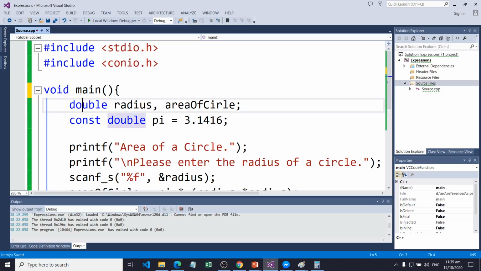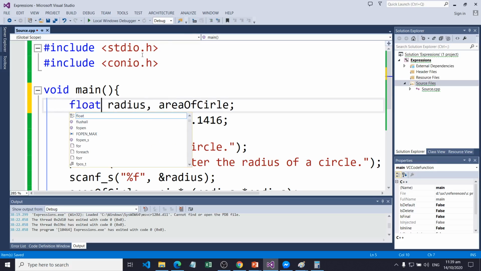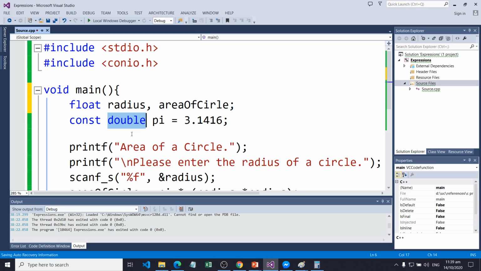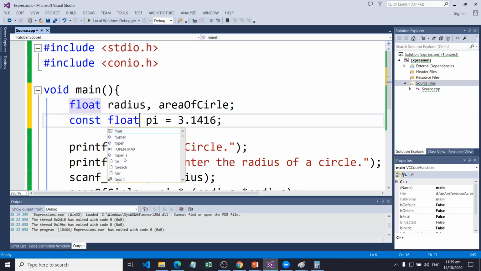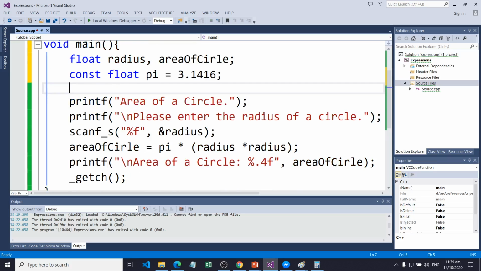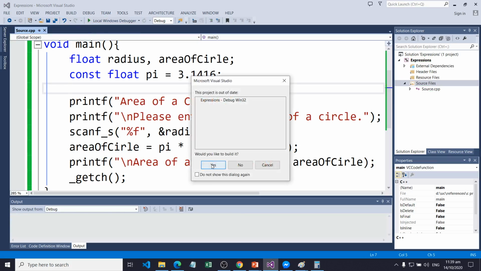Now let's try to modify this one, and instead of double, we'll be using the float data type for our radius and area of circle, and of course also we'll modify the pi constant value to type float also. So now let's save all changes and run.